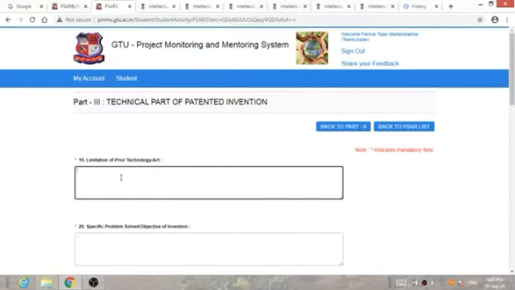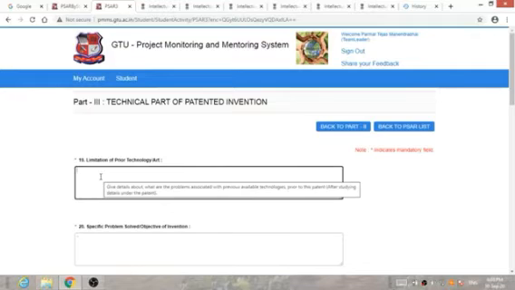Over here you have to give the detail about what are the limitations related to the previous technology before this patent arrived. What are the limitations of existing technology, and what are the problems with that technology, you have to mention over here.